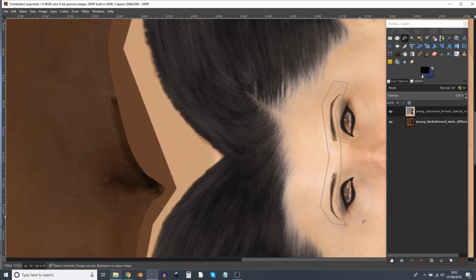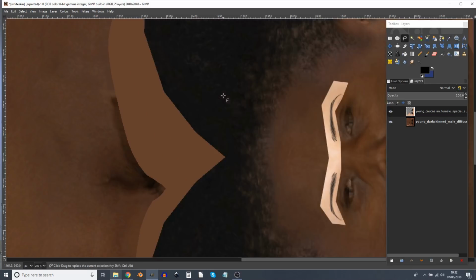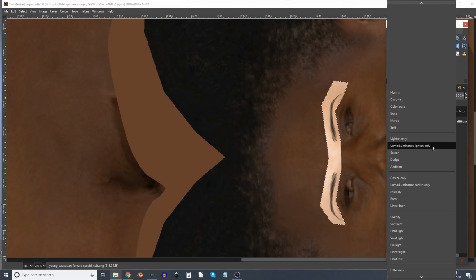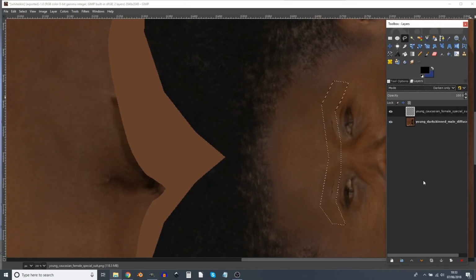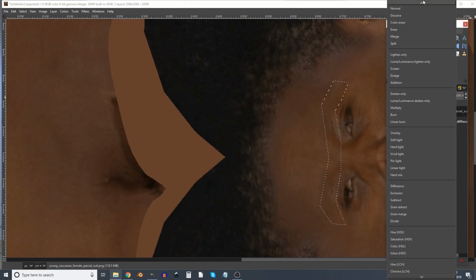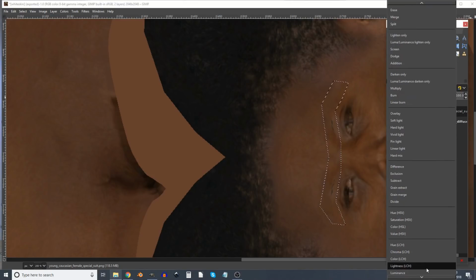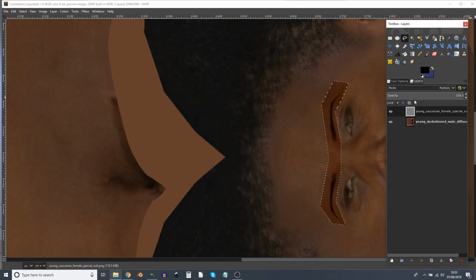Draw around the eyebrows like that, press return, and then I hold down Control and press I to invert the selection, and then I can press delete, and I delete everything apart from the eyebrows. I don't want a mode of normal. If I go with a mode of darken only, that doesn't really work. Let's use multiply,